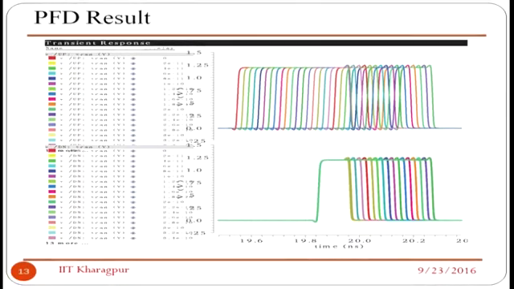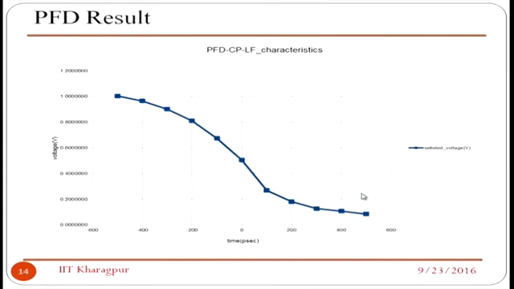So see, this waveform actually tells that whenever there is a phase difference between the reference frequency and the VCO divided frequency in one direction, you see that these different colors mean the width of one of the pulses is increasing, whereas the other keeps on the same. So it means that it is a PFD characteristic. Better I will show by this way. This plot is showing that when I am moving around from 0, that is when there is a phase difference,